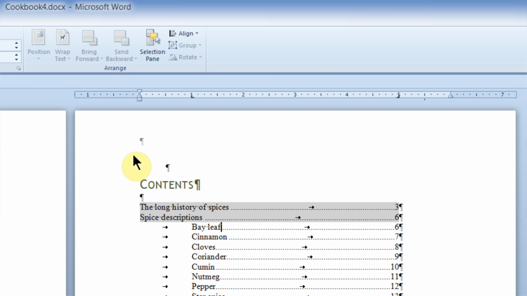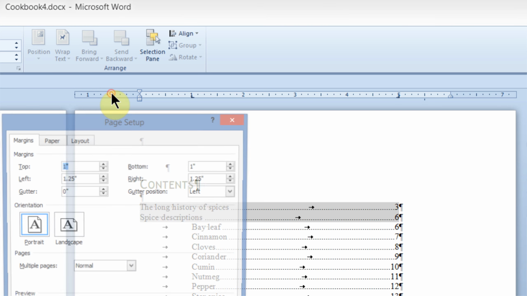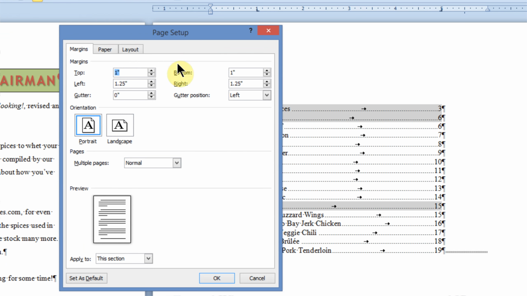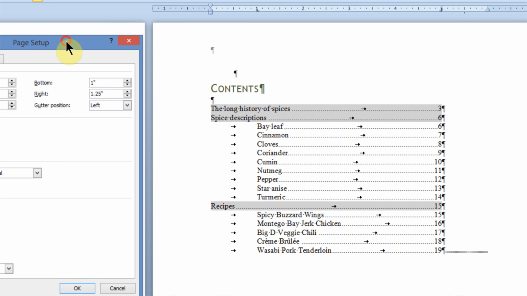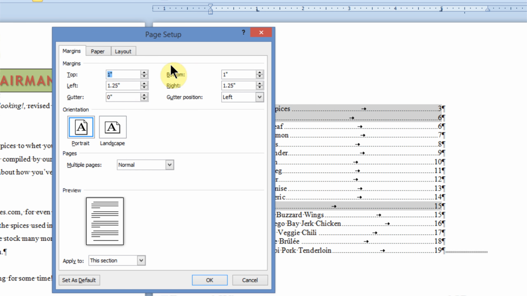Now if you want to change your margins, you need to go to page layout, page setup. A simple way to get there is just to go to a dark spot on your ruler and double click, and it brings up the page setup box. I'm in my second section here. I'm going to go ahead and set up my top margin to be 2 inches, and I'll set my left and right